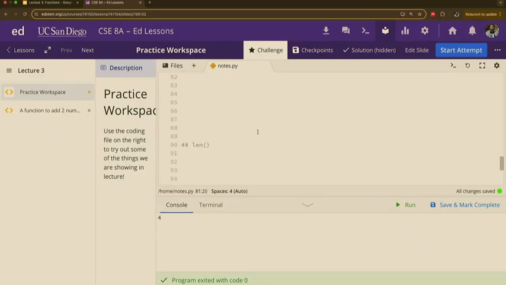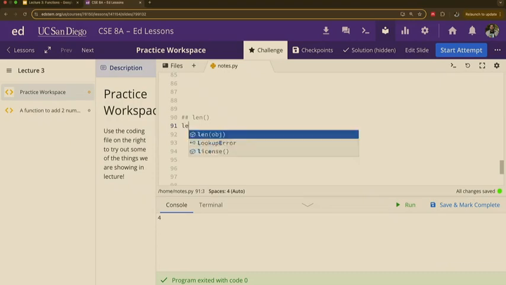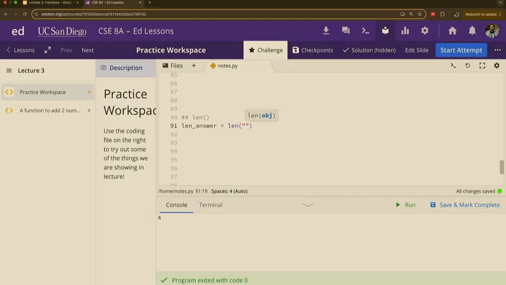Len's a really cool one. Len is short for length. Len will give us the length of something. This is going to be very important coming up in PAs and stuff in the future. Len is basically going to read something like Ismail, and give back the length of whatever was in there.